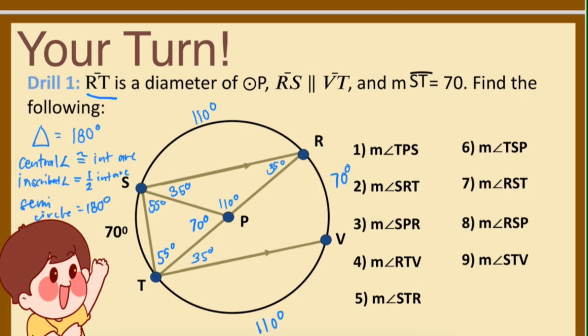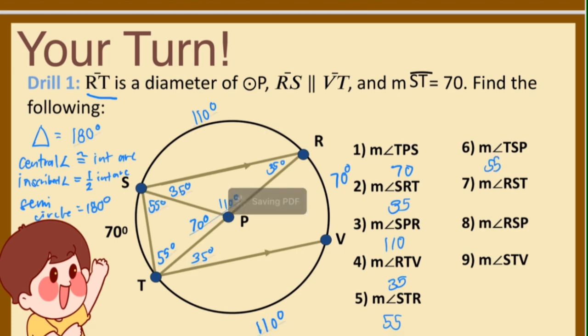Antok na rin ako. Pero yung point ko is, you can apply all of these things to really fill this thing out. Let's see if we're complete. Okay, TPS, that's 70. Okay, SRT 35, SPR 110, RTV 35, STR 55,